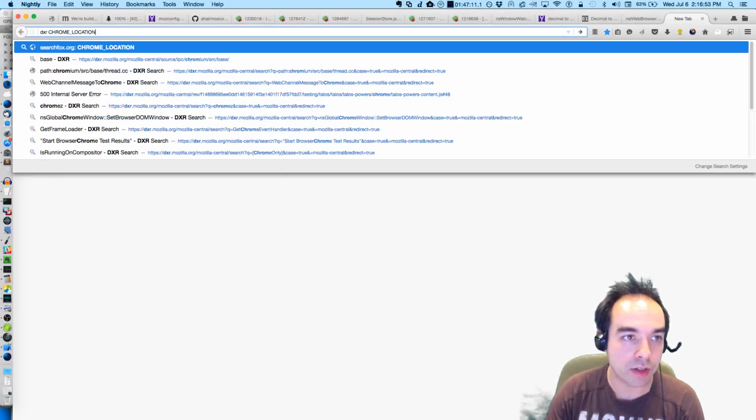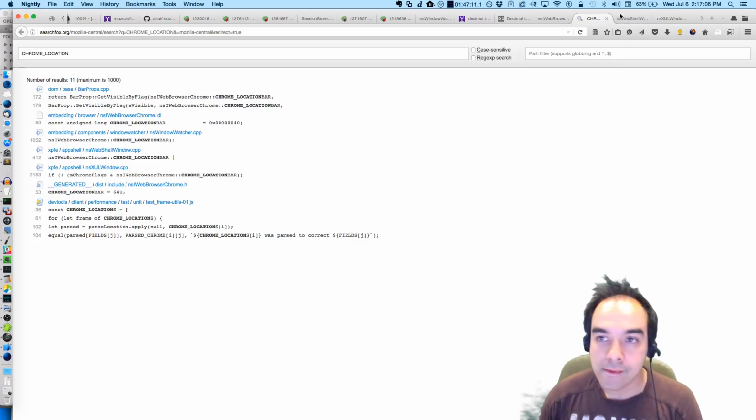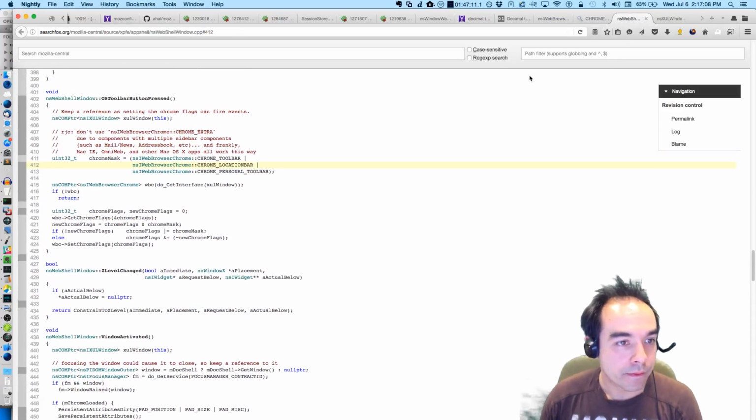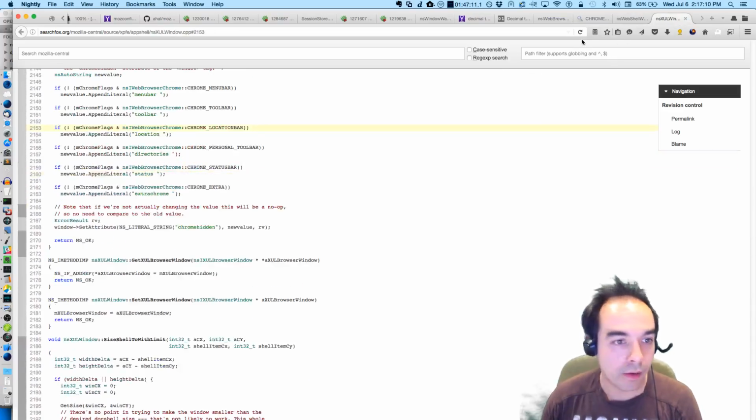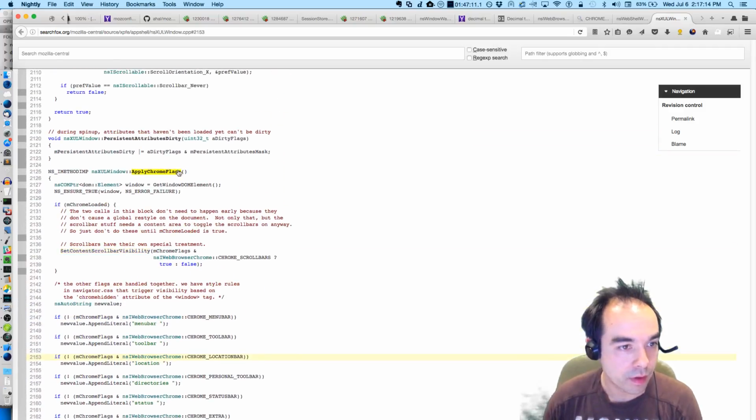Chrome location. Where is that used? Chrome location bar. Get visibility flag. Watcher, web shell window. We'll take a look at that. Look at that. This one here. Apply Chrome flags. We're going to break here.